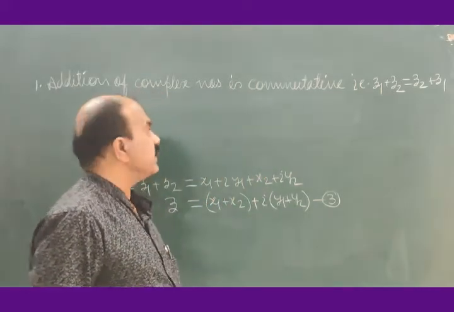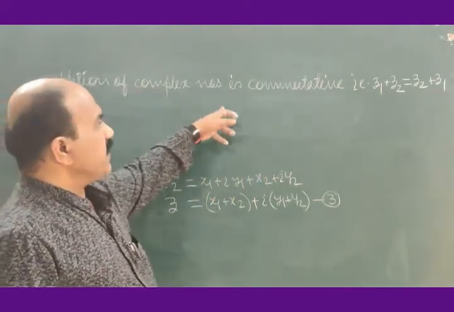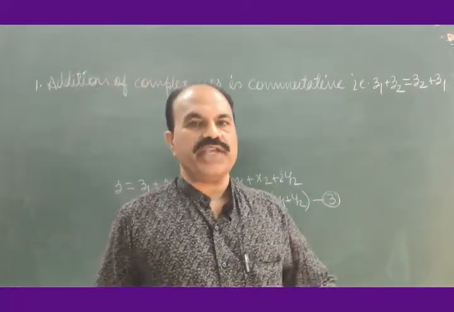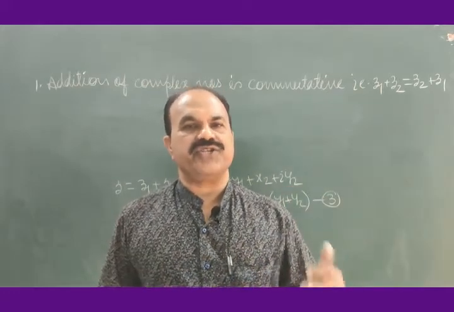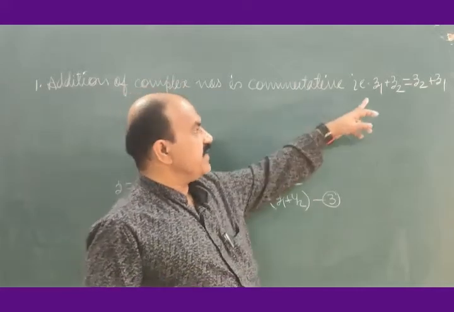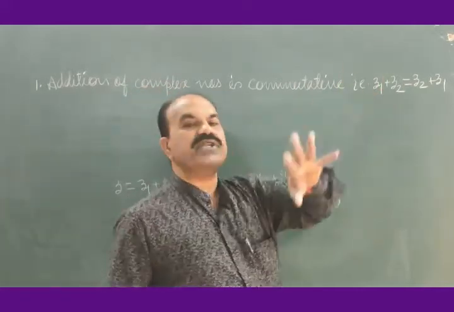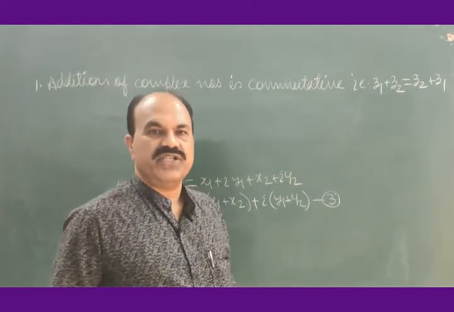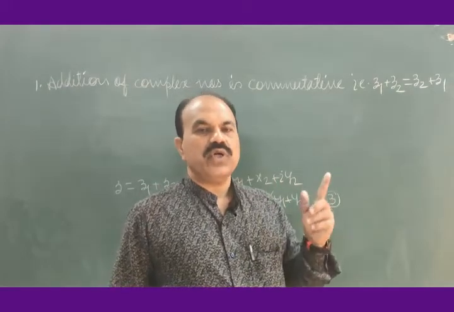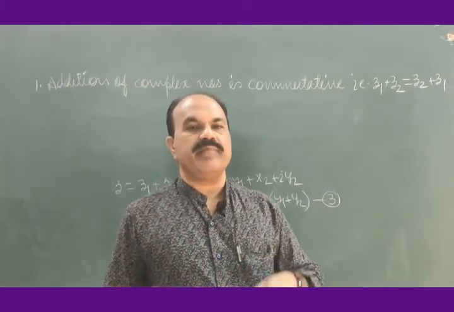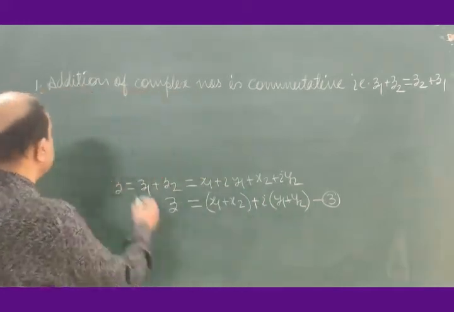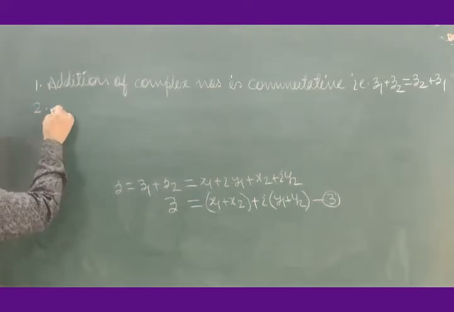First property, addition of complex numbers is commutative. Commutation law is obeyed by addition of two complex numbers. That is, z1 plus z2 is equal to z2 plus z1. This is known as commutation law. So, law of commutation is obeyed by addition of complex numbers. Then, the second property of addition of complex numbers is